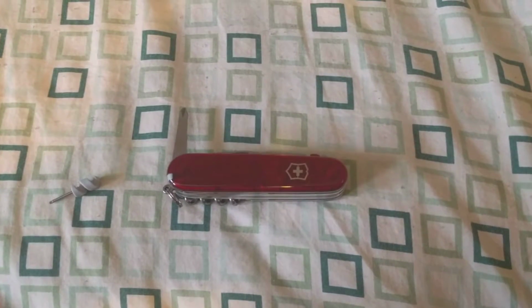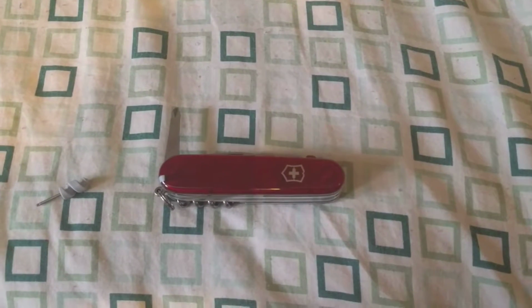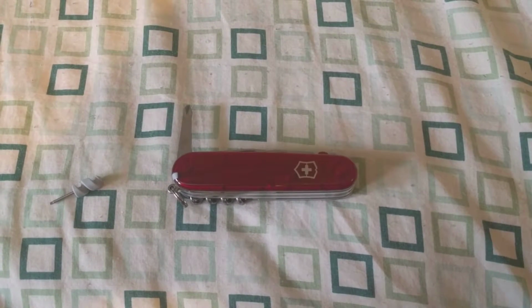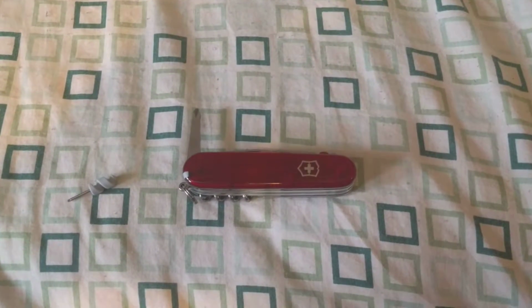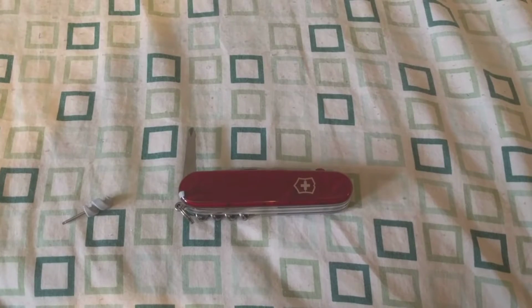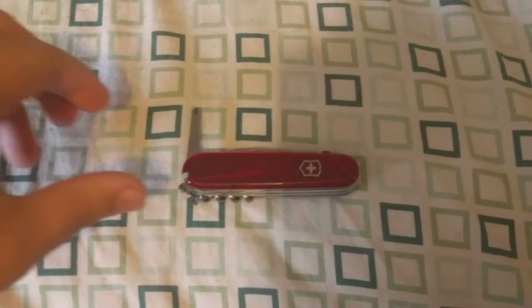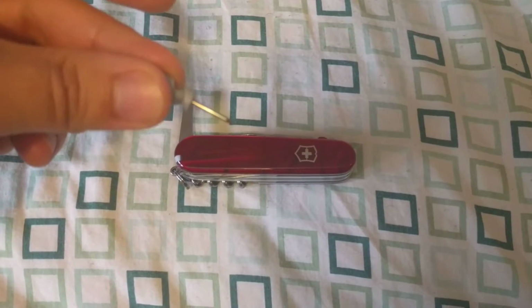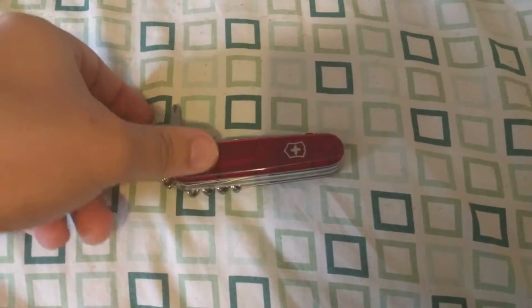Hey everybody, today's review is going to be on the Victorinox Spartan Lite. This is a 91mm Spartan with a couple of extra tools. Now, I got this one online used for about half the price, so I decided to pull the trigger on it. The new tools include a micro screwdriver, which comes stock inside the corkscrew, which is nice, as well as